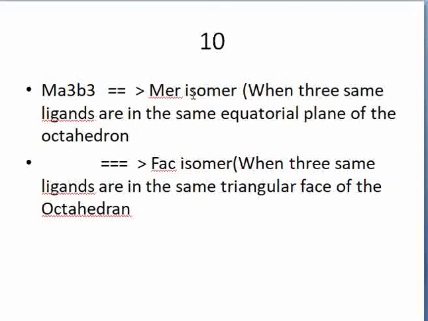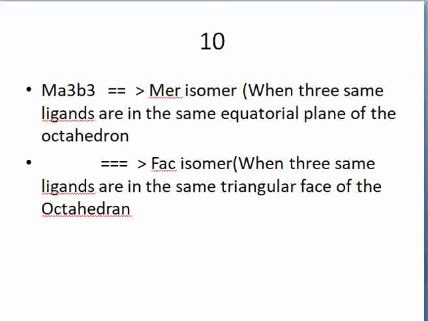Mer and fac isomers. Mer means meridional, fac means facial. For Ma3b3, if you have some kind of ligands A and B another kind of ligands, two kinds of ligands of different types. If the 3 same ligands are in the same equatorial plane of the octahedron, they will create mer isomers. Fac isomer means they are on the triangular face of the octahedron. If all 3 of the same type are on the triangular face, they will become